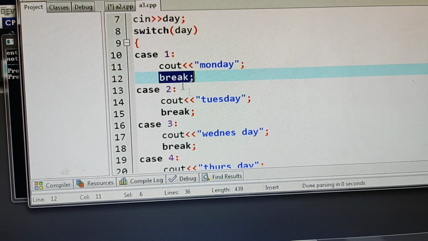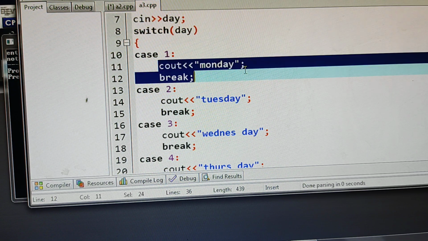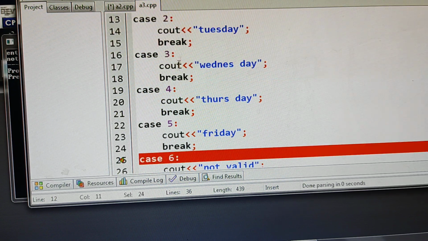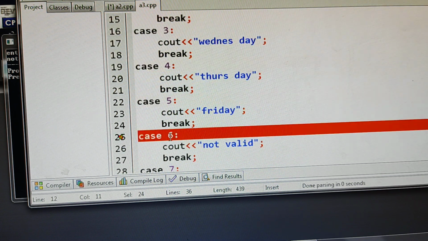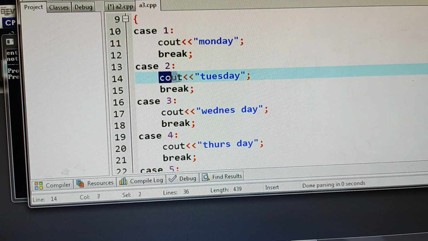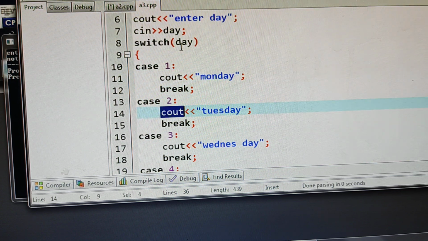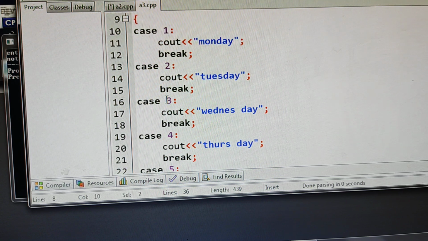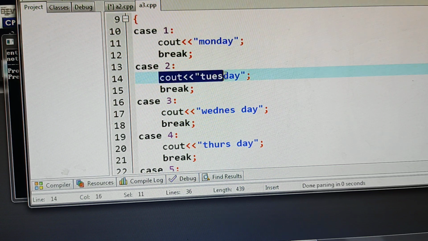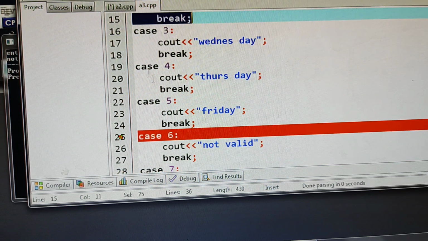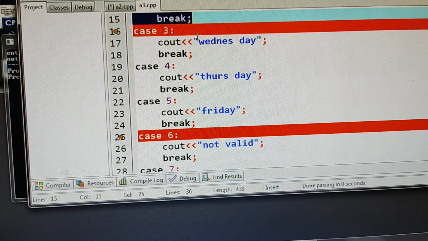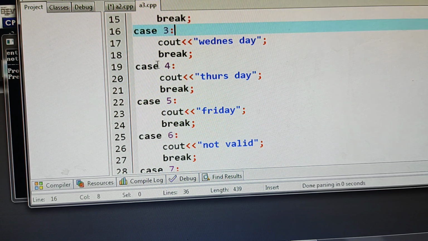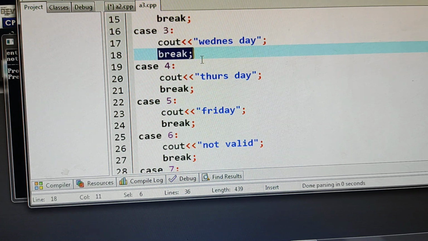Why we are giving the break statement is, example, this block is executed. When this block is executed, I don't want to check all the remaining part, because it is time consuming and the program throughput will decrease. So when a particular case label matches with the relation expression value and that block is executed, after executing the block there is no need to check the remaining blocks. That is why break is used at the end of each case block, and it is compulsory.